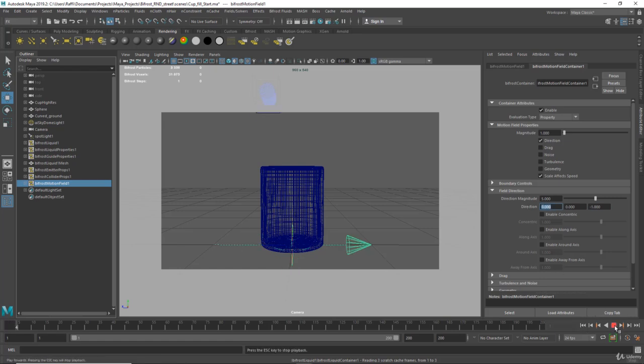play and see. As you see, the fluid pushed to the right, and as you see we have a problem there, so the fluid escaping from the collider. So we'll fix that later. And another thing I want to mention here, as you see when I click play, we don't